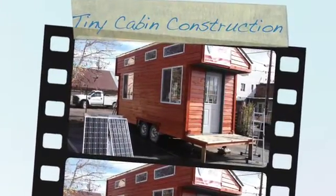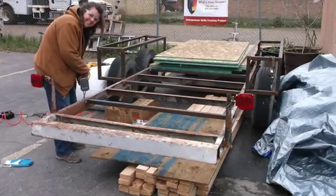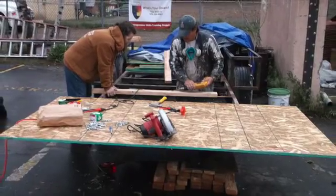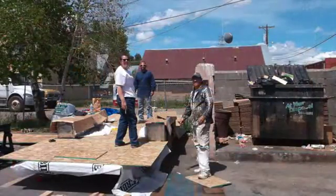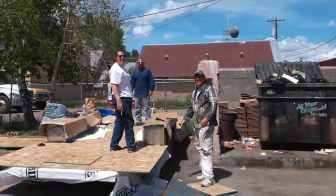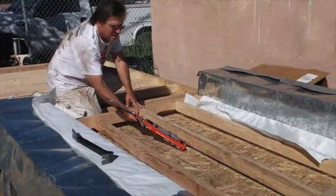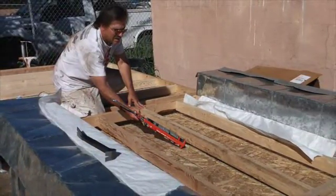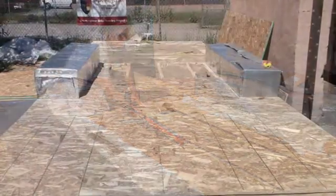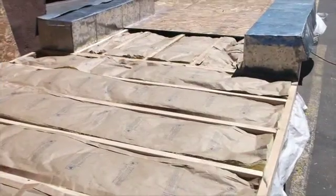This video shows the construction of the Rocky Mountain tiny cabin. We started with a blank trailer and we put OSB plywood on it. We drilled holes into the frame and the wood, and we screwed the plywood down to the frame and glued it. And then we put a 2x4 frame laid sideways down onto the wooden frame,